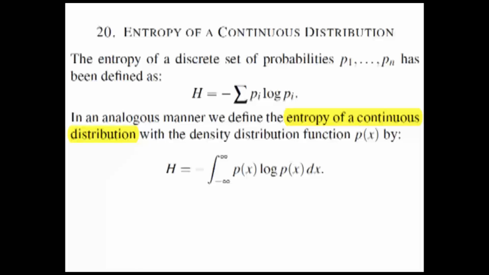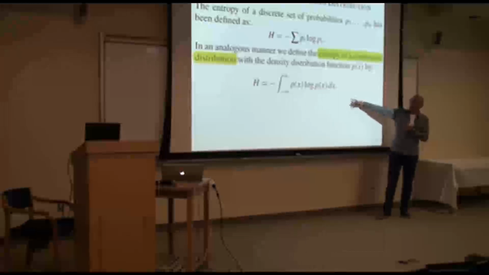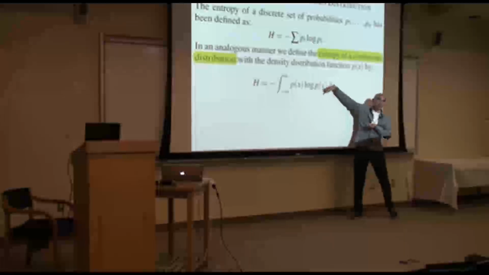a continuous distribution. Of course, nowadays, some people still like to call it the entropy. If you want to be more careful, you would call it the differential entropy. But in fact, this was all an artifact of the fact that at that time he didn't know relative entropy, he didn't know the Kullback-Leibler distance, which by the way was introduced by Kullback and Leibler just 3 years after this. And the first thing they say in that paper is that their goal is to generalize that guy to the general case.